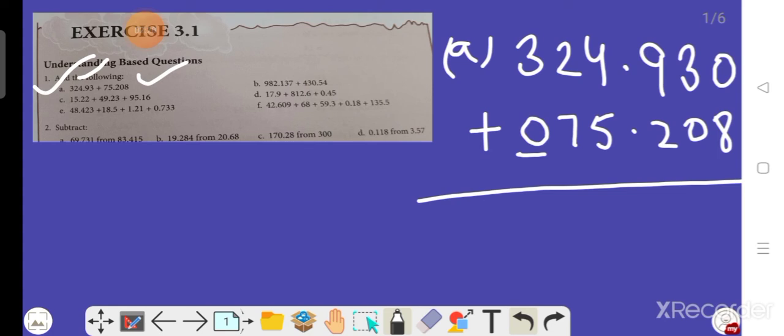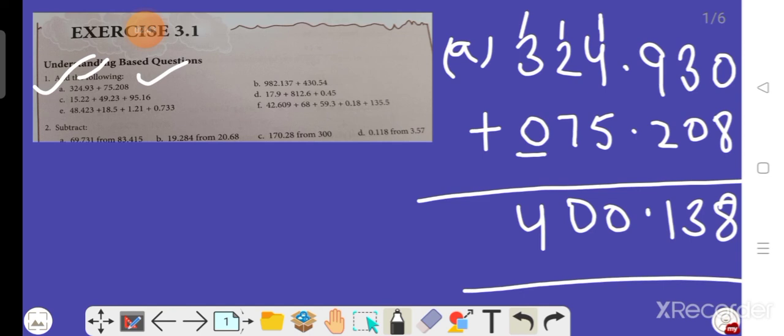We have to add from the right side. So 0 plus 8 is 8, 3 plus 0 is 3, 9 plus 2 is 11, and this 1 must be a carry, and this will be right here. So 4 plus 1 is 5, 5 plus 5 is 0, again we have 1 as carry. So 7 plus 2 is 9, and 9 plus 1 is 10, again we have 1 as carry. So 3 plus 1 plus 0 is equal to 4. So this is the answer of your question number first A part beta. The remaining parts of this exercise question number first are all the same. Try to do them by yourself beta.